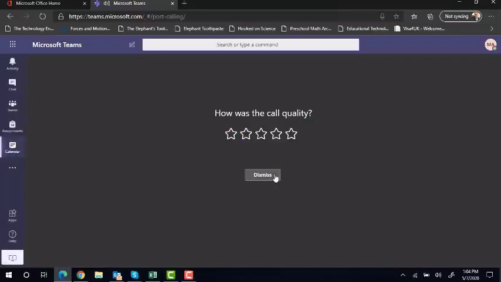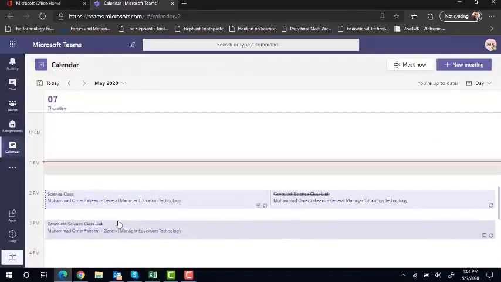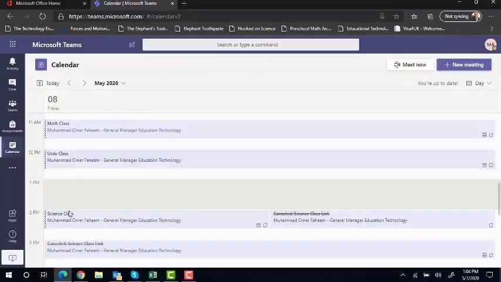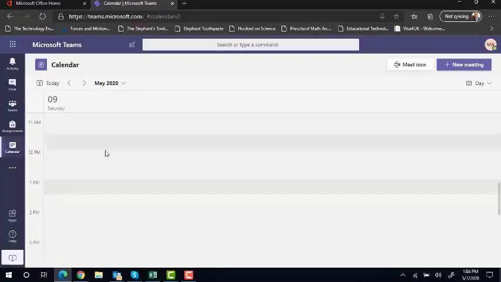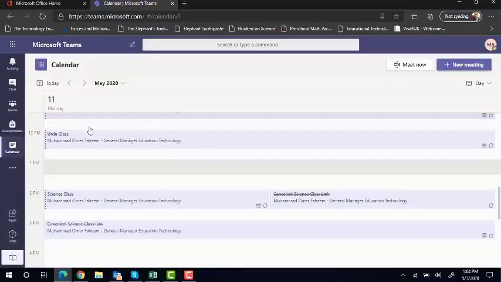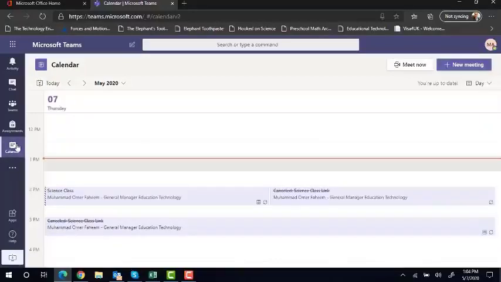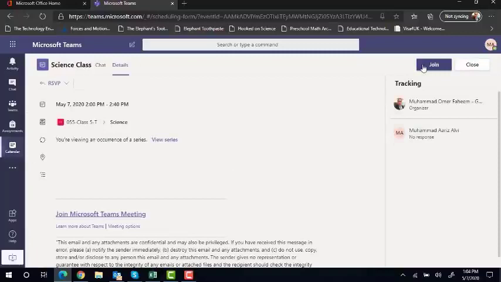Alright, and then I have to go again to my calendar. If I have to go to my math class or science class, I can simply go to that date, click on that class, click the join button, and go into the class. Now if you see, this is the calendar of 8th May. If I go to the 9th May, I will not see anything because Saturday, Sunday we don't have classes. But if I go on 11th, I could see the same schedule. So in order for a child to see and access the online classes, they have to go into their calendar, select the relevant date, which is automatically selected, and then simply click on that particular class and click on the join button. This is how you can join the class.